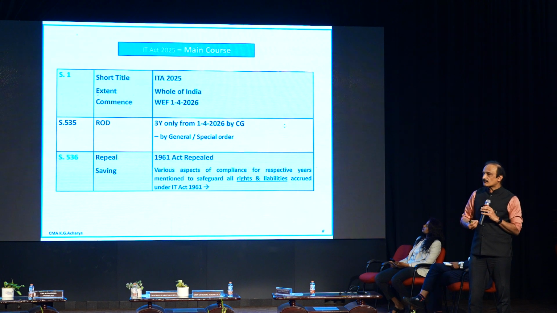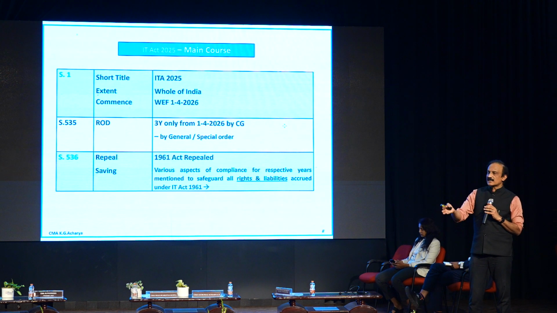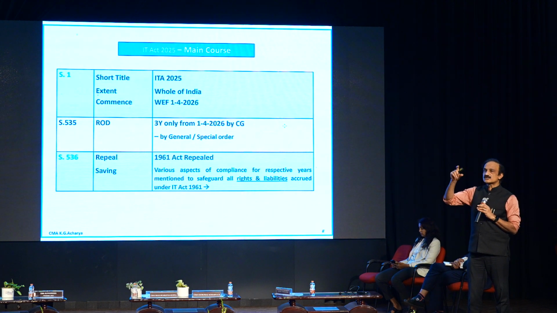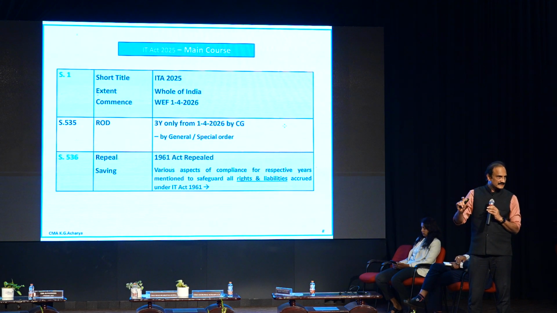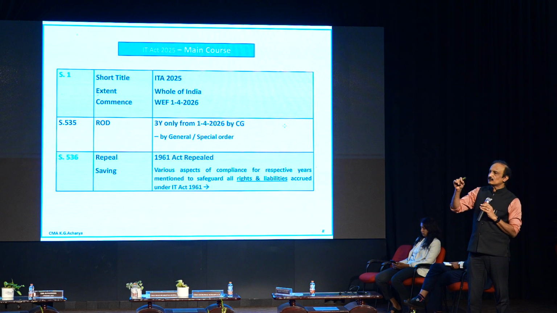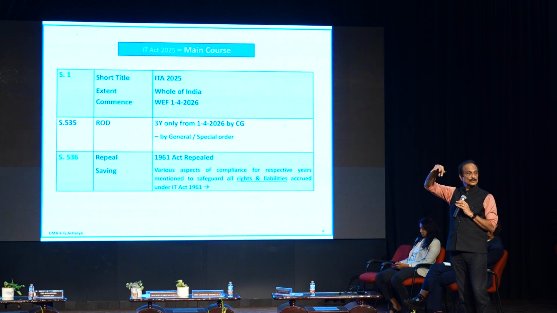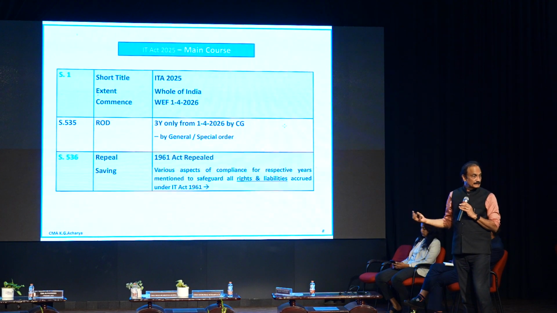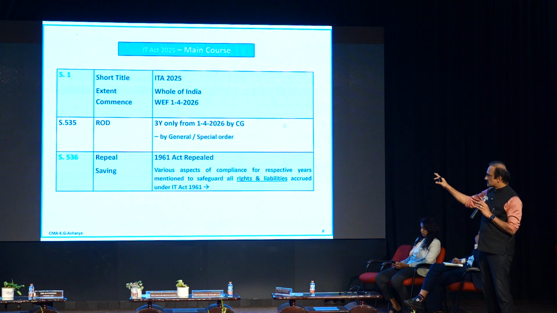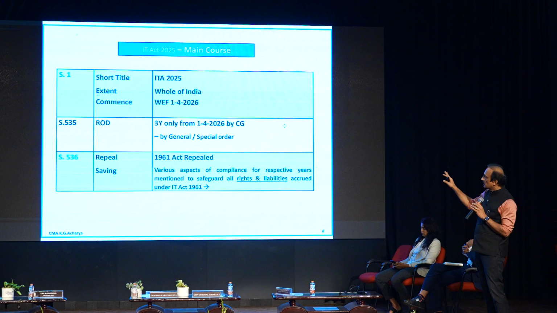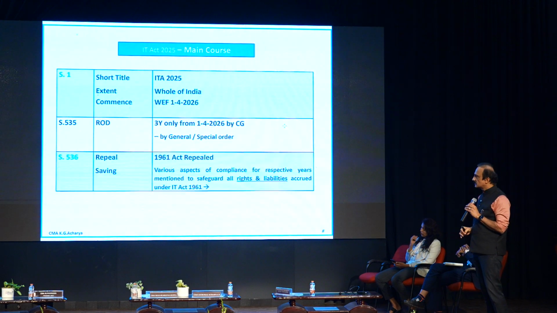Those of you who deal with the Companies Act will recall that when the Companies Act 2013 came, there were a lot of apparent mistakes within the Act. Instead of using 'and', they used 'or', or vice versa, and things like that. To make those changes, they don't have to go back to Parliament to make amendments. The ministry itself can make the changes. So that power has been given to the ministry only for 3 years from 1/4/2027.